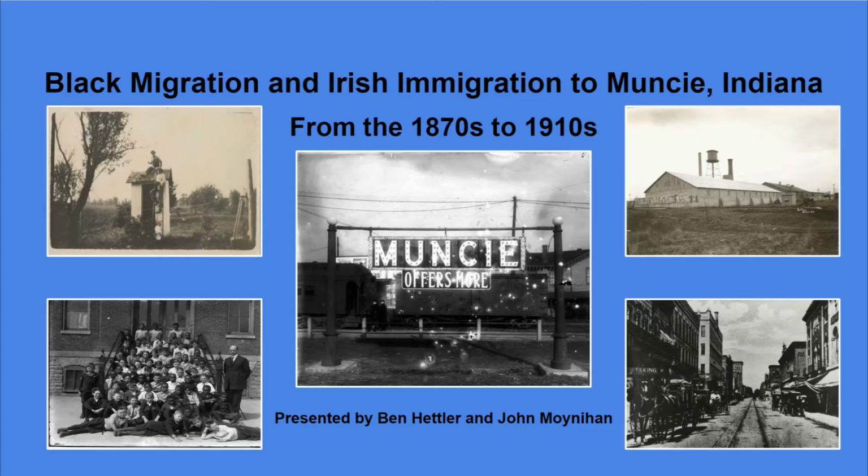In order to understand both the reasons and impacts of African American migration to Muncie, we must first begin at the national level, beginning with the end of the American Civil War in 1865, which started a new era of growth within the United States. In the decades that followed the war's conclusion, large cities like New York, Chicago, and Detroit saw substantial influxes of former slaves into their communities, as many sought new opportunities in the North.